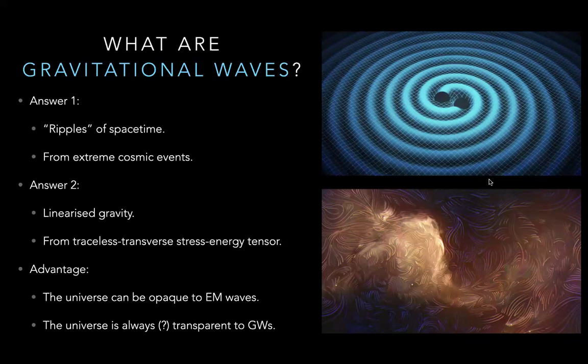So those are examples of wave sources in addition to the astrophysical ones people are more familiar with. The advantage of studying gravitational waves is to use them as a unique probe of the universe, especially the parts where electromagnetic waves cannot really propagate through. For example, the early universe before the CMB, or of course, the late universe black hole merger sites. So these are what gravitational waves are.